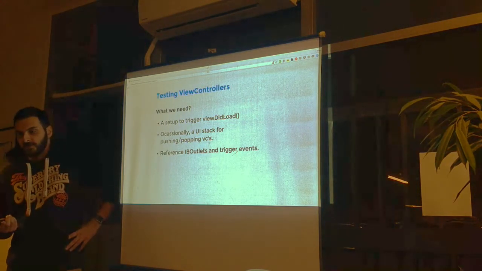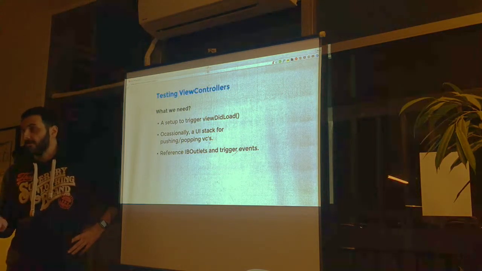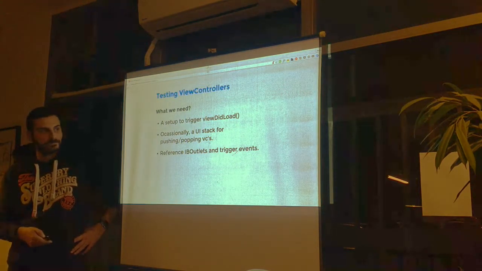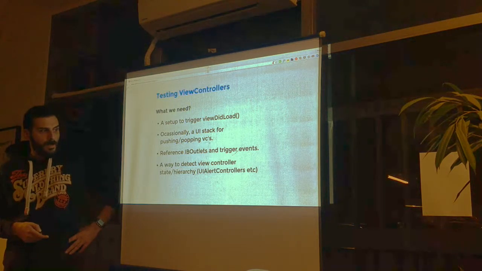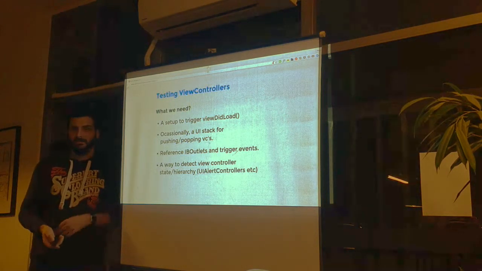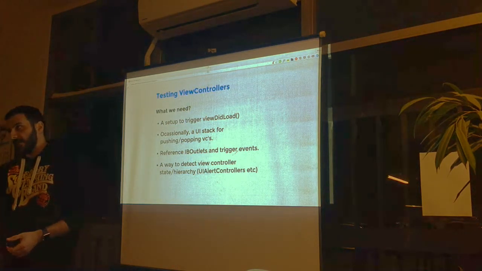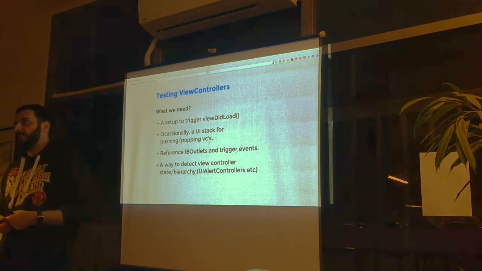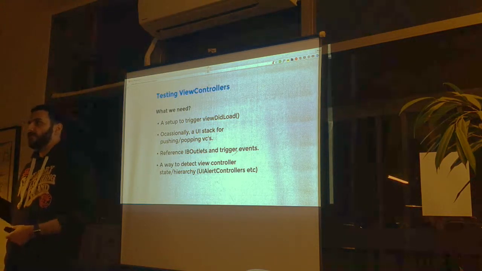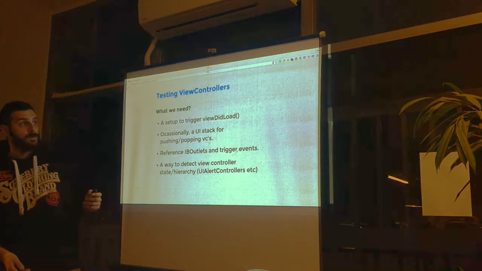You need to be able to reference IBOutlets and treat them as a user would. And you usually want a way to detect state and hierarchy in your view controller. And by state I mean, did another view controller get pushed, or did a UIAlertController get popped, whatever. So one by one,